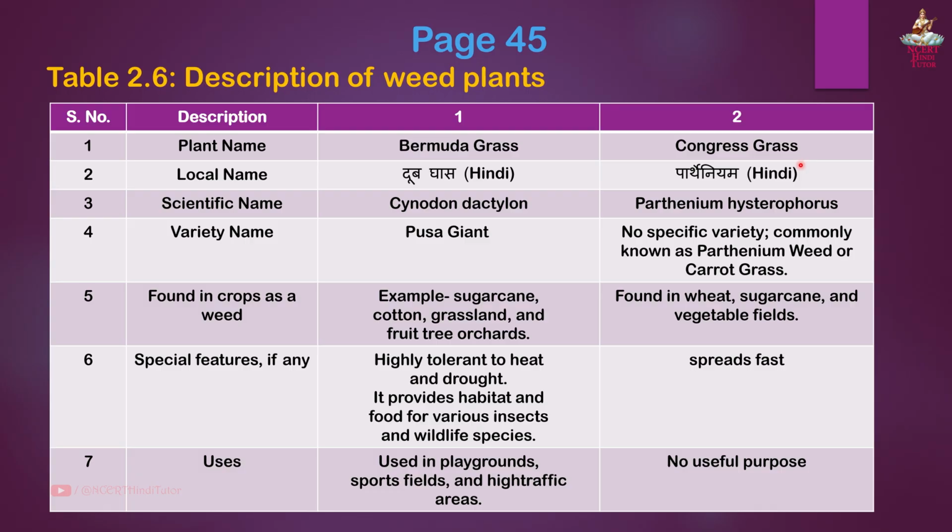Second, Congress grass. Local name Parthenium, Hindi. Scientific name Parthenium hysterophorus. Variety name: no specific variety. Commonly known as Parthenium weed or carrot grass. Found in crops as a weed, in wheat, sugarcane and vegetable fields. Special features: spreads fast. Uses: no useful